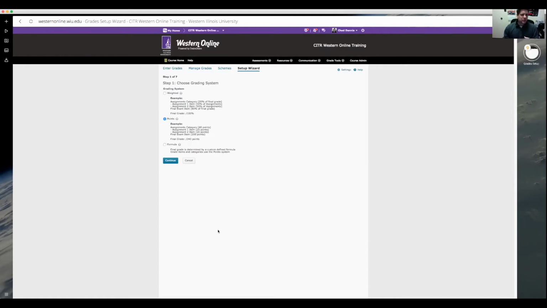Most of the time people use points, but I do know people who have weighted systems. Really the only difference is if you choose weighted here, when you create grade items, there's an extra box there to enter in the weight for those particular grade items. When you use points, you don't have that box. So that's really the only difference. I'm going to go through the point system